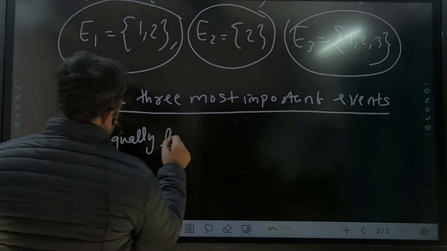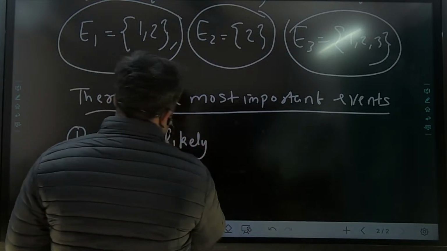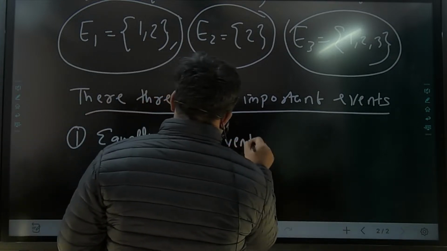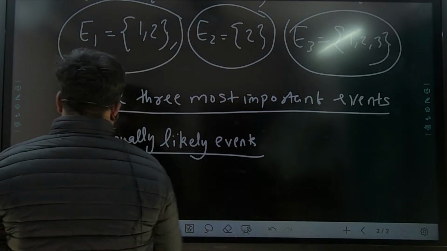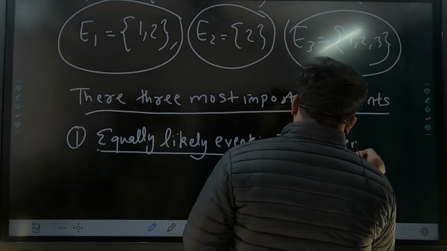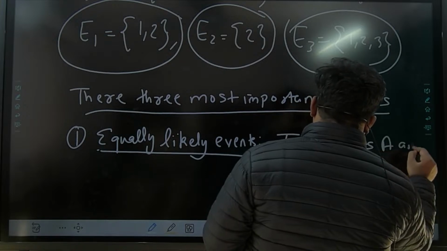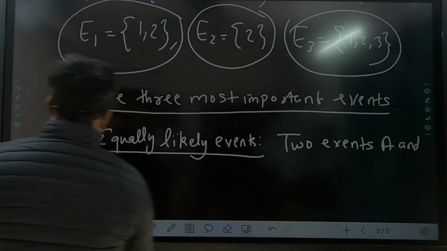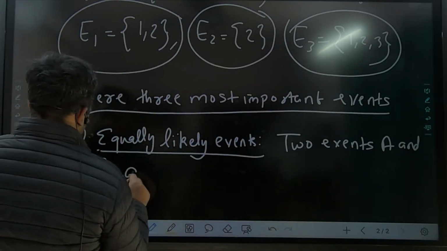What are equally likely events? Two events A and B are called equally likely events